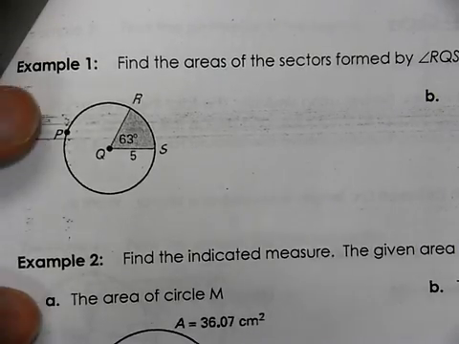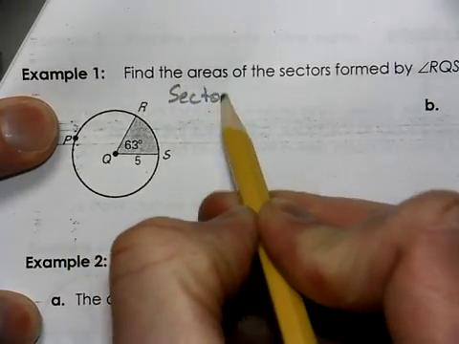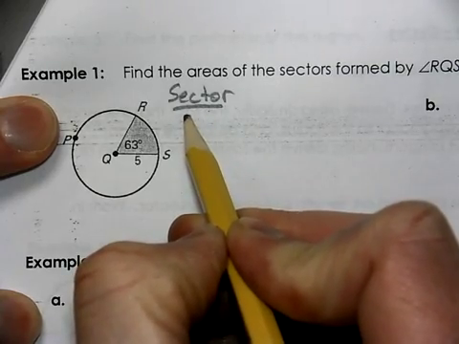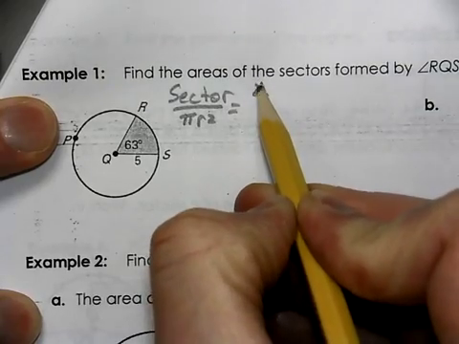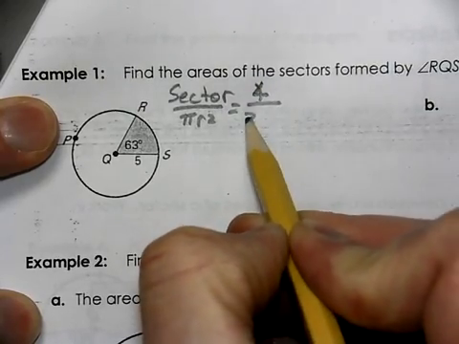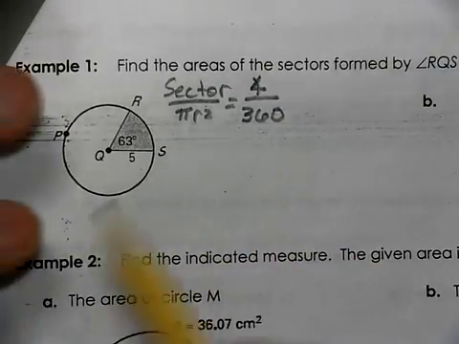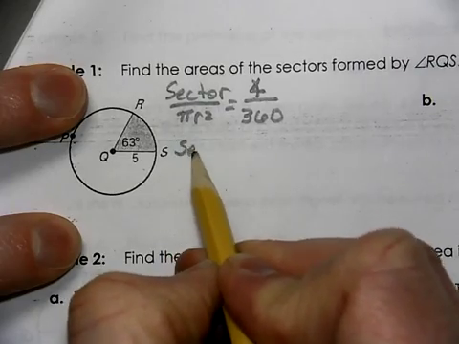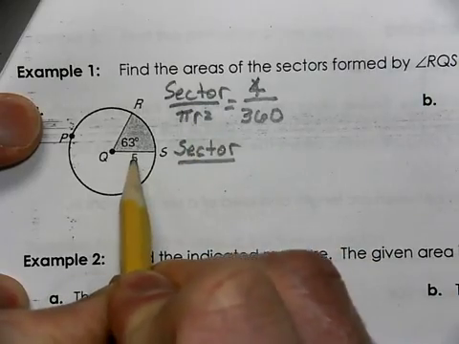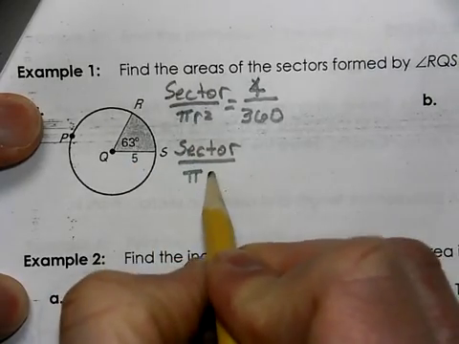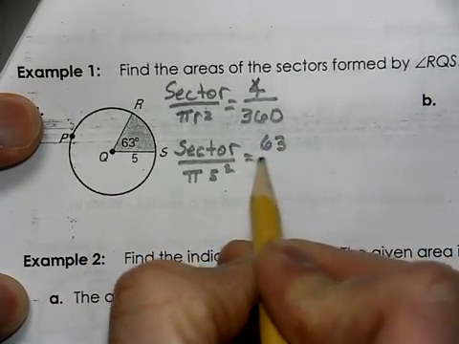So let's use that formula to answer several of these questions. We're going to take sector over pi r squared equals the angle over 360. Sector over pi r squared, the radius is 5. So pi 5 squared equals our angle, which is 63,